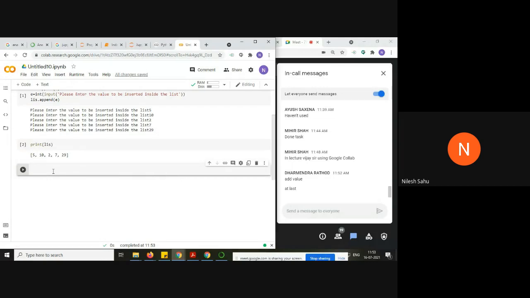Now I said at least you have to use 5 different built-in methods of list. We have already used append. Now what you can use, say we can use insert, list dot insert. What arguments are going to be passed inside the insert function? Anyone?